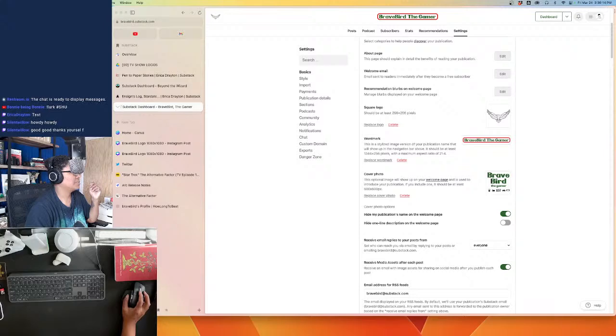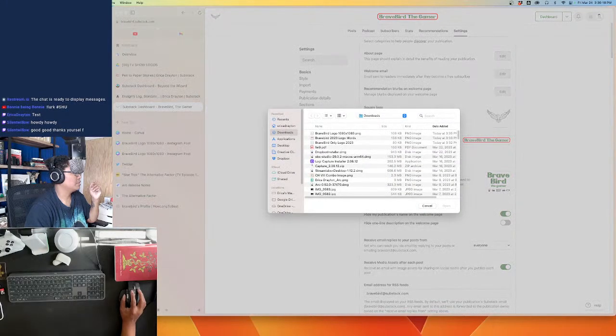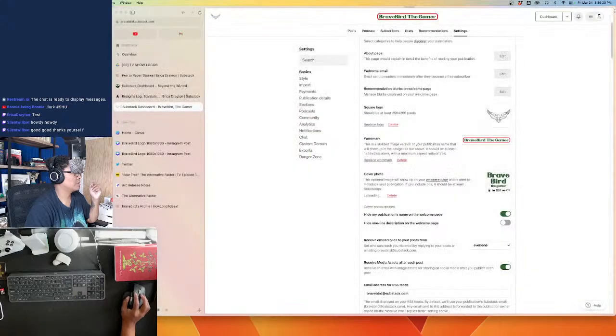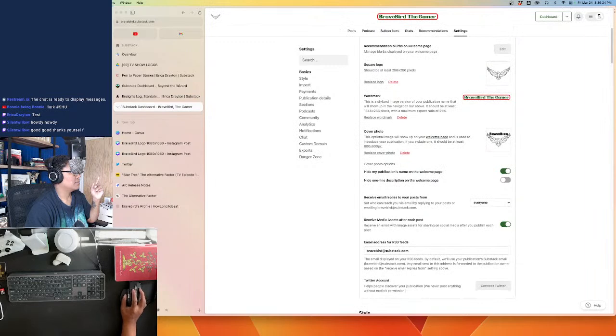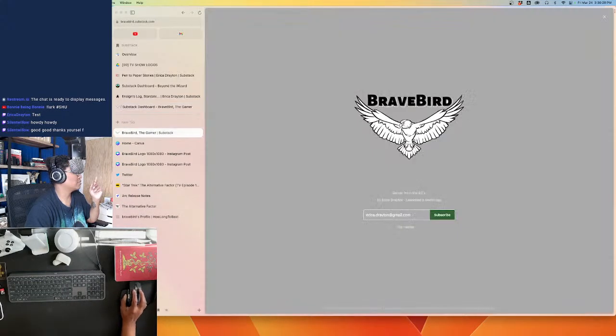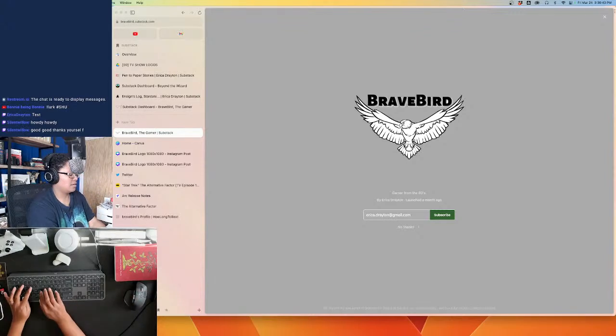Yeah, that'll do for now. And then I think I'm gonna change this one to be the one with words. And then let's take a look at the welcome page and see what that looks like now. Yeah, that looks much better than what I had before by far. So I will leave it like this just so that I have something much better than what I had. And now